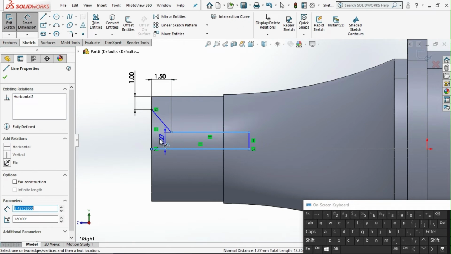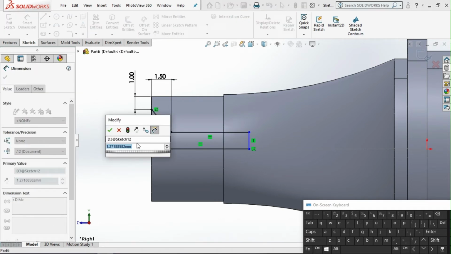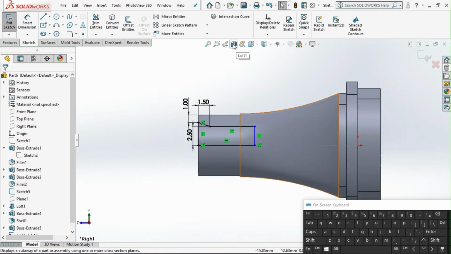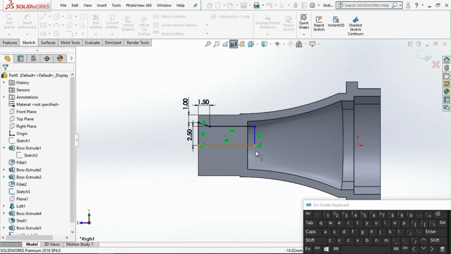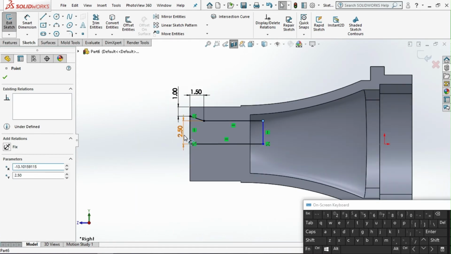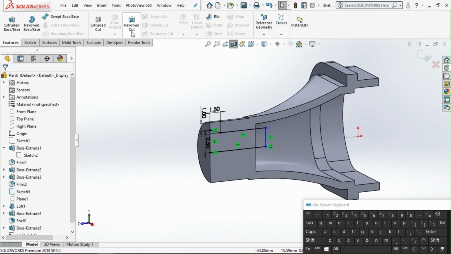And here, this whole ID, internal diameter or hole, is 2.5 per side, which means total is 5 mm. Enter 5 mm. So we press the section view. We see where it's going to cut until here. It is enough already. So we select feature, select revolve cut,